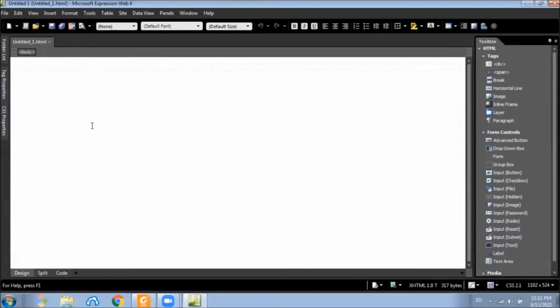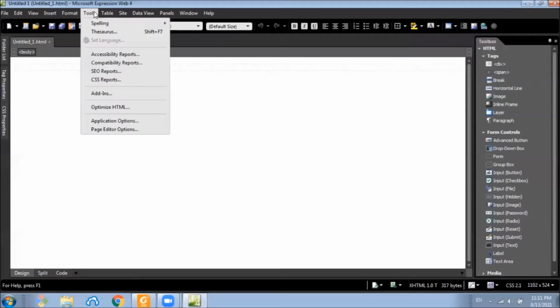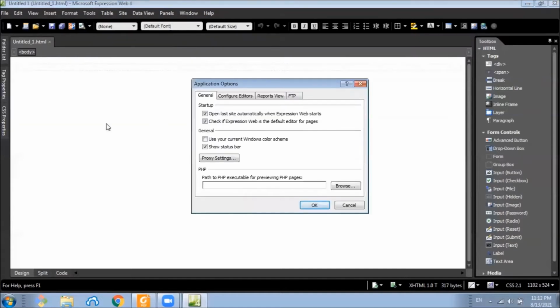You can open and close task panes by selecting them from the task panes menu. And you can change preferences by selecting tools, application options, and you can specify preferences for a particular site by choosing site and site settings.